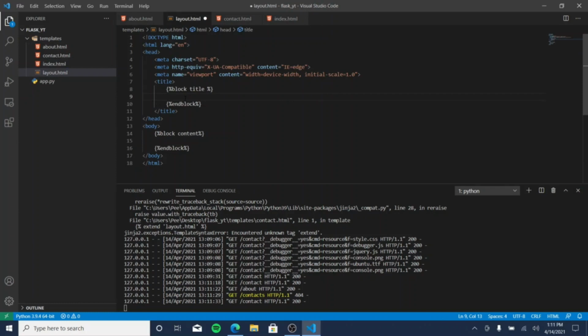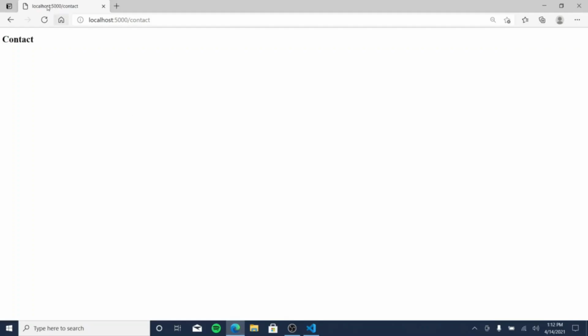So when you put something here like Flask app, it will be overwritten whenever this block is called and there's something new inserted into it. Okay, so then when I go back to this page right here, you see there's no title, but then if I refresh, the default title has been given to it, since it hasn't been overwritten on this page. Okay, all right,